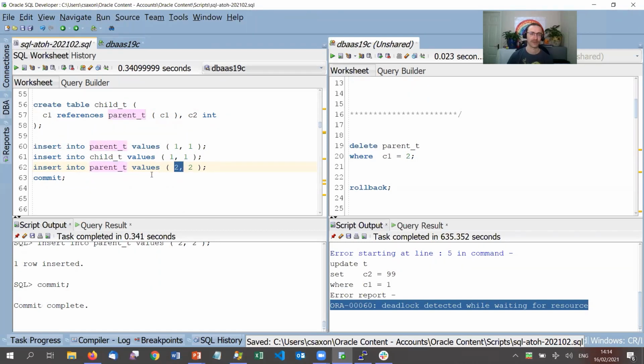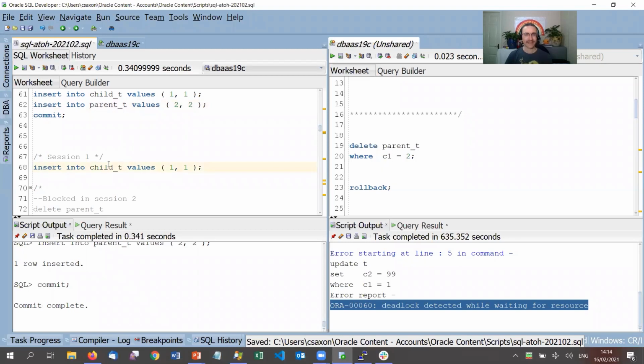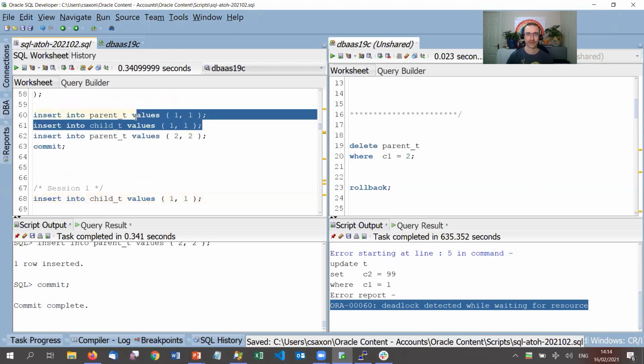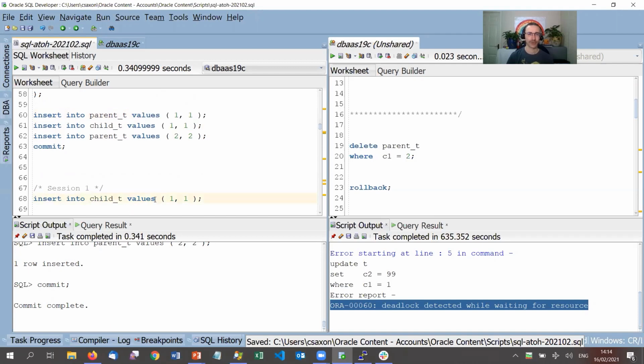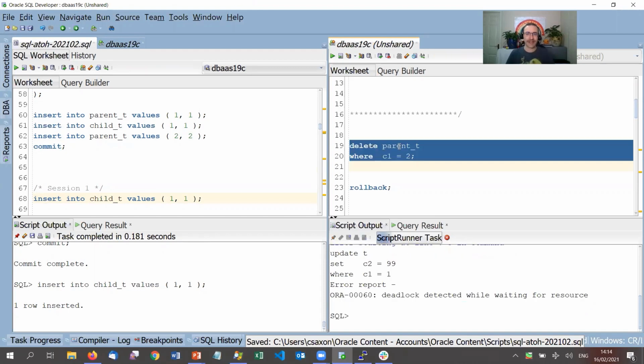primary key value 2. So what I'm going to do in my first session is insert another row for the row we've already got a matching row. So ID 1 in the parent, and we're going to insert that into the child as well. In my second session, I'm going to delete the row which has no child record in the child table. So ID equals 2. Let's try that, and